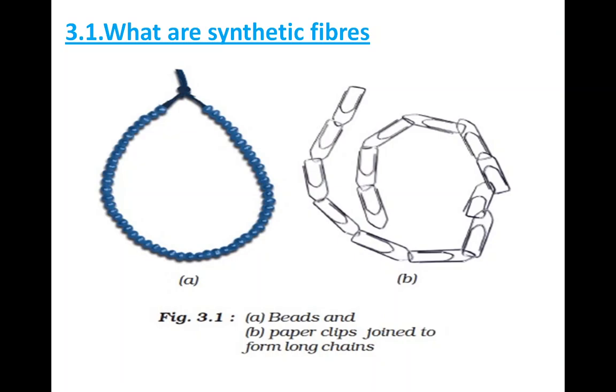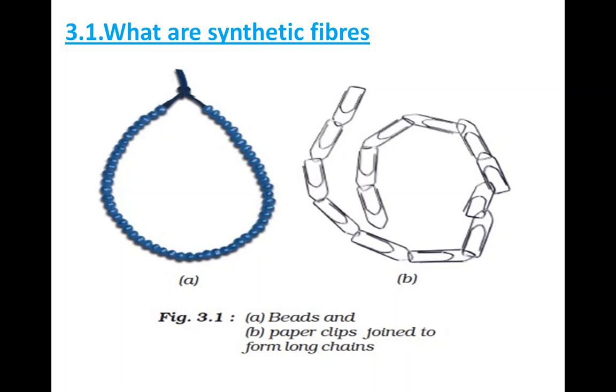Yes, so chemical substances we are arranging and making a chain, that is known as synthetic fiber. So we are using many small units combined to form a large single unit. So this is a large single unit and it is also known as a polymer. Okay, synthetic fiber is also known as a polymer. Polymer means what? We are just using one bead, arranging them and just forming a long chain. So that is known as polymer.